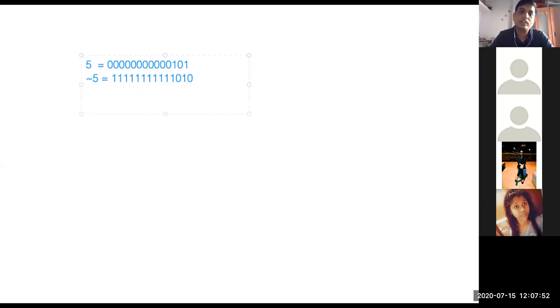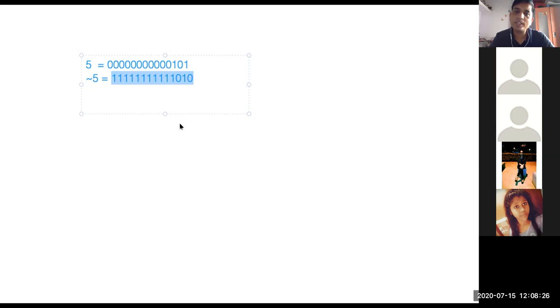Okay, but if you see the last bit, the MSB of this number, it is 1. It means that this number is not a simple positive number. It is a negative number, and we must know that a negative number is always stored in its 2's complement format. So this is the 2's complement format of the negative number.